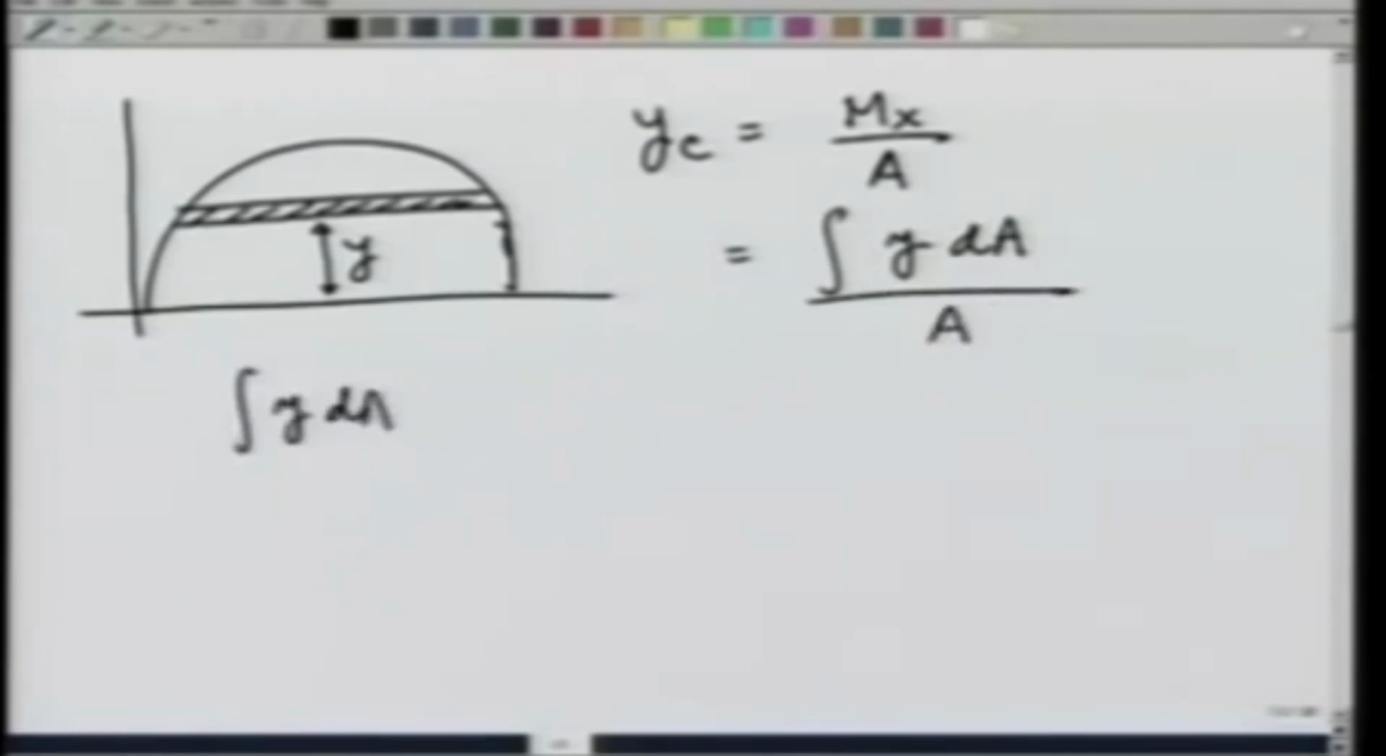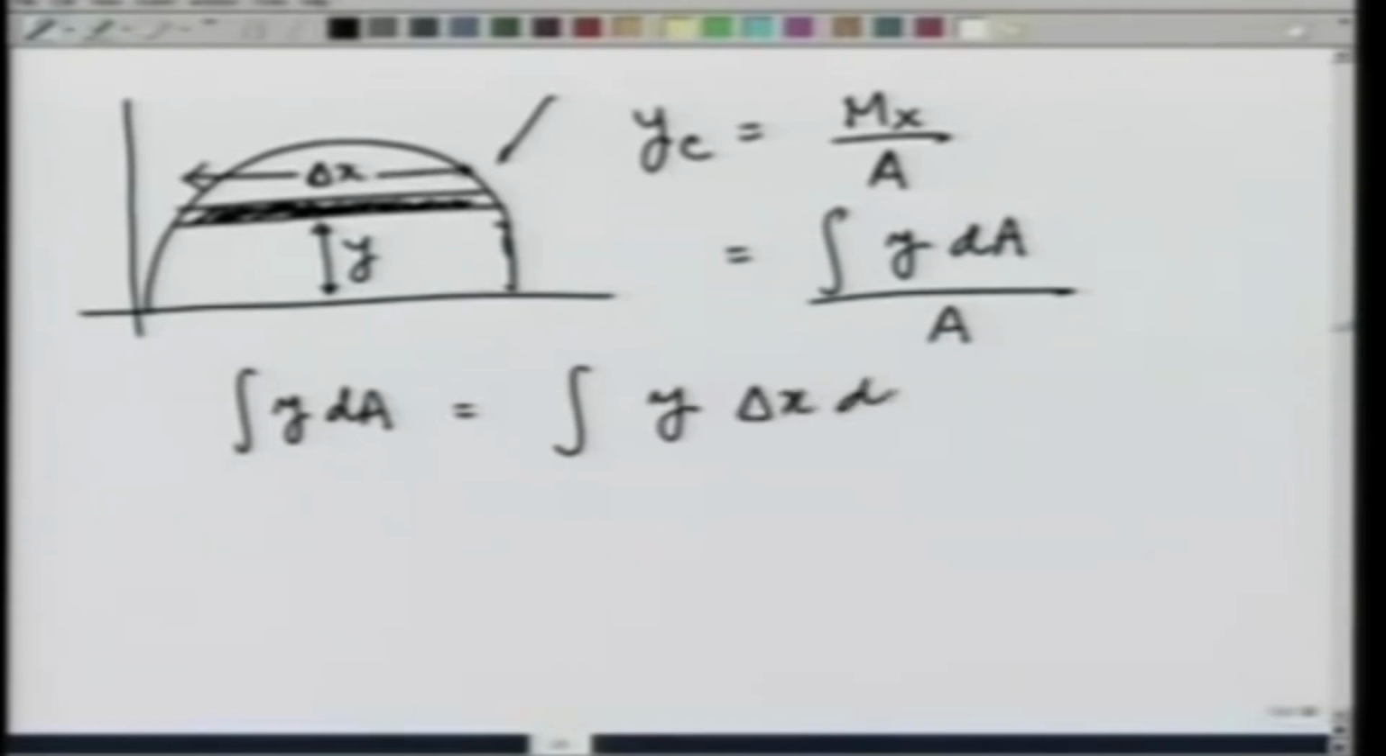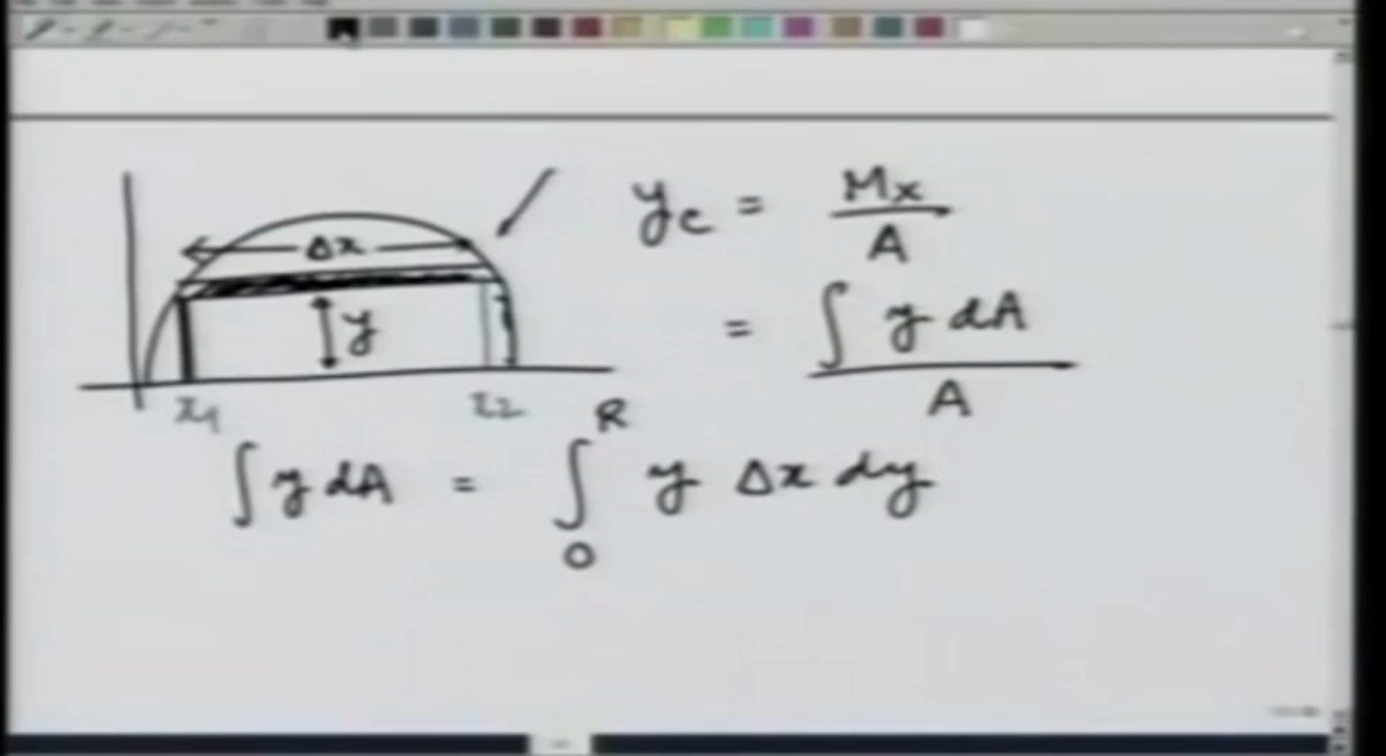y dA, you can see, is going to be equal to the area of this strip here, this one, times the y. This strip area is going to be this, if this distance is delta x dy, and y varies from 0 to r. To calculate the value of delta x,